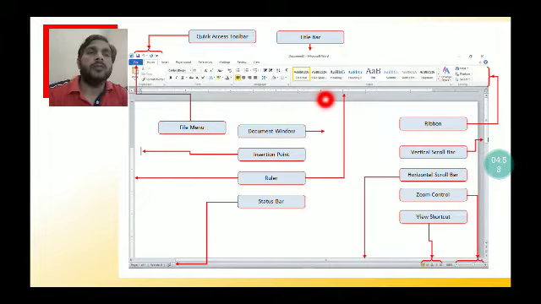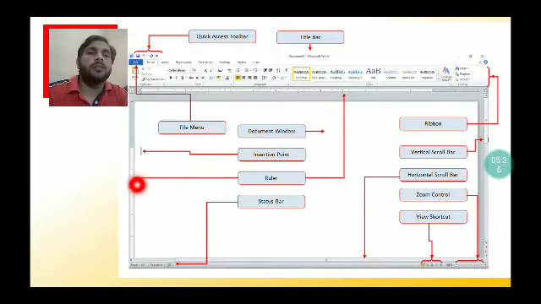Means if we have to set the horizontal alignment of text, for example, if we have to set the page margin from left or right, or alignment center left or right of the text or paragraph, or we have to set indents, or we have to set the tab stops, we can use this ruler over the upper side.